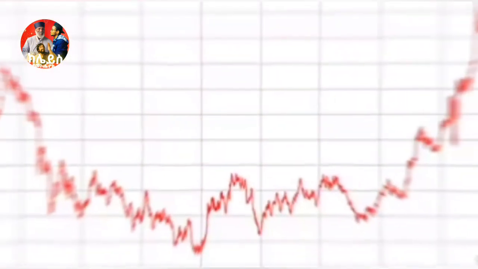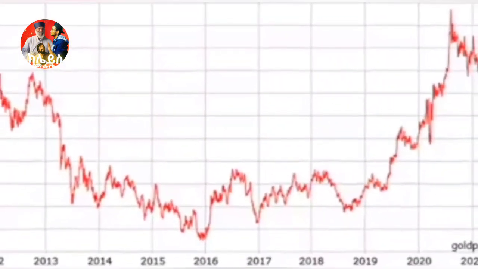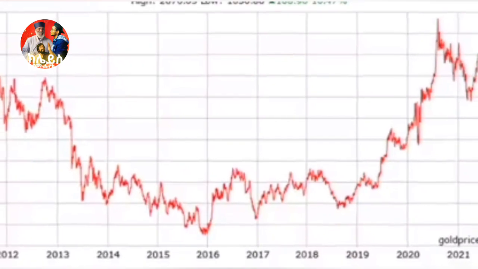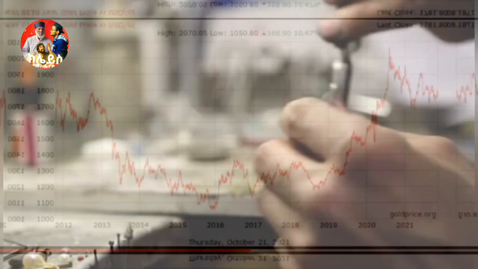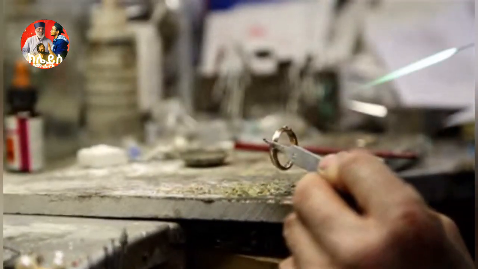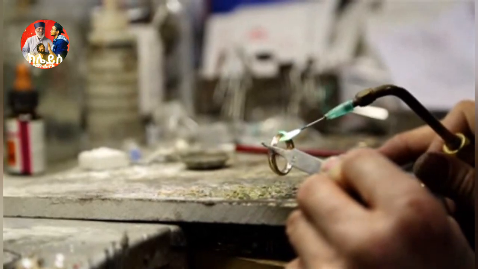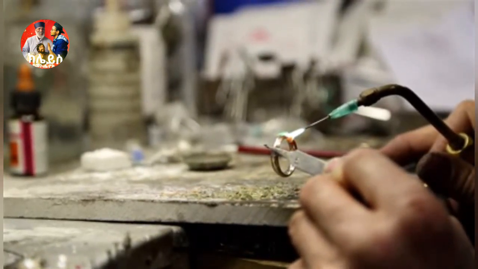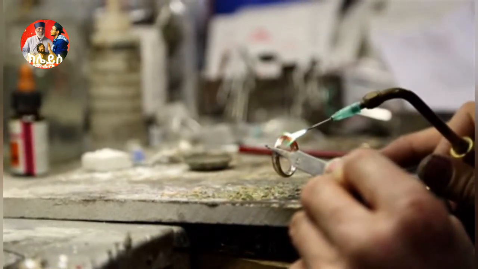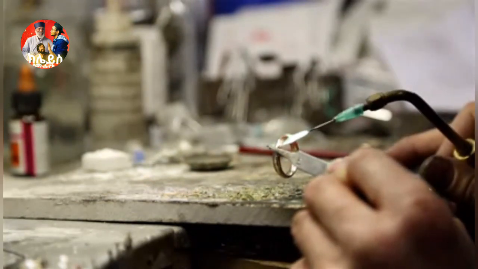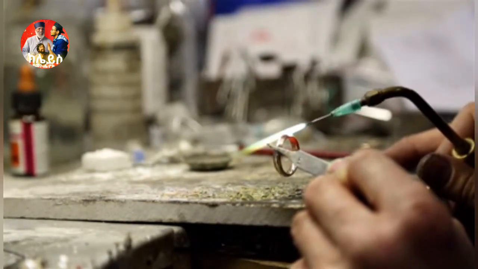Gold fluctuates, going up and down in price, but most commonly it slowly rises. Gold jewelry, on the other hand, is not the same as gold bars. This jewelry rarely comes as 24K, but usually comes as 10 karat, 14 karat, or 18 karat. So if a person decides to sell their gold to a shop, the shop will not pay the full value of gold because of two reasons.